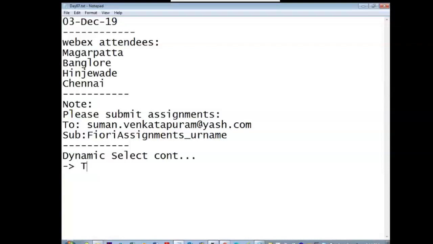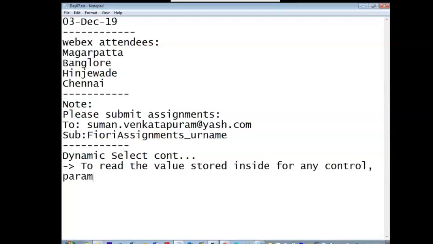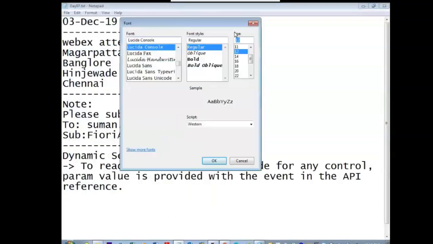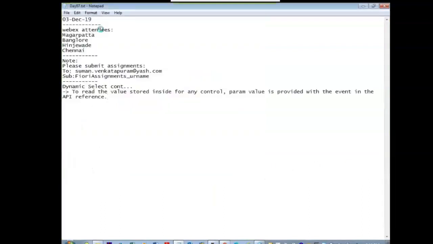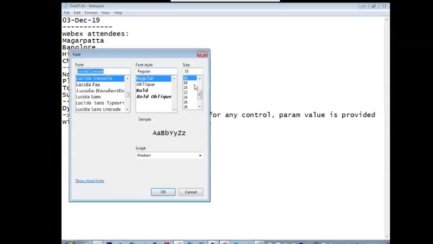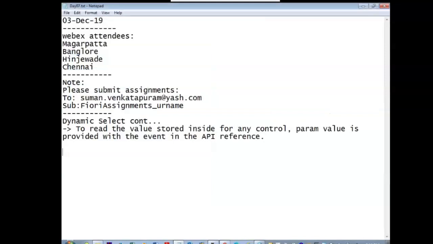Right now, to read the value stored inside any control, param value is provided with the event in the API reference. Okay. So let us go to the API reference.